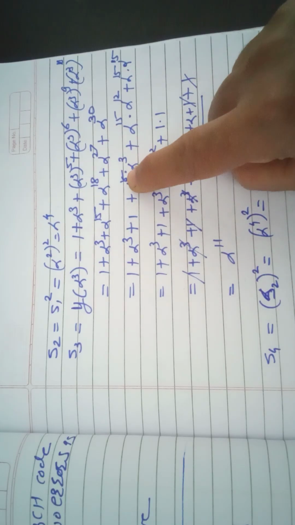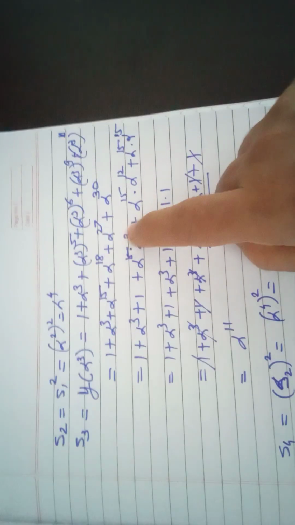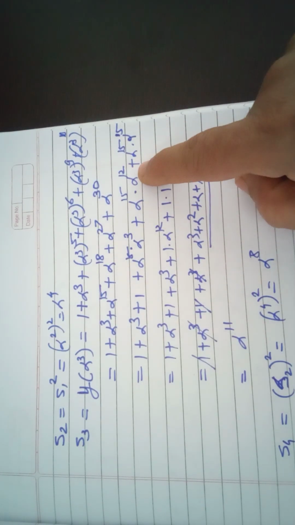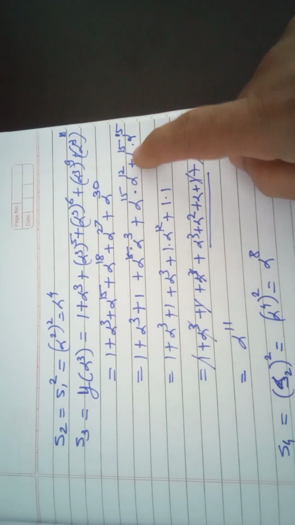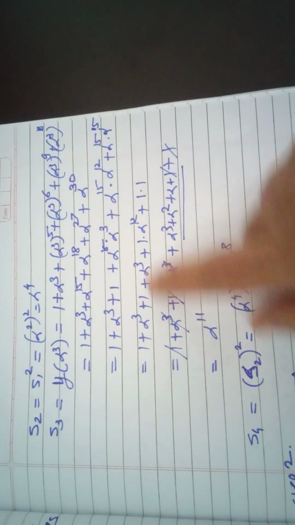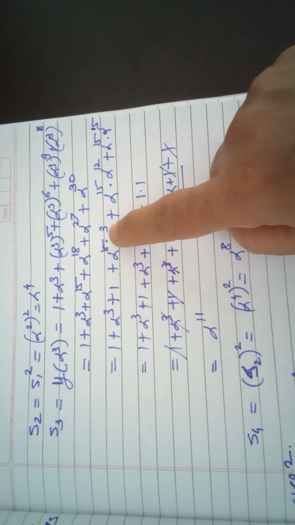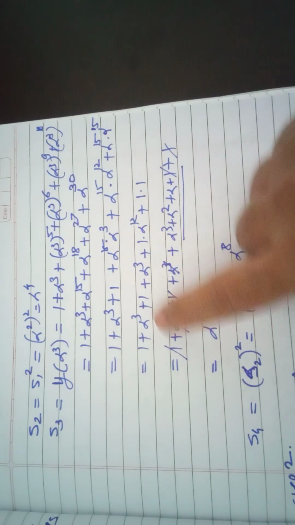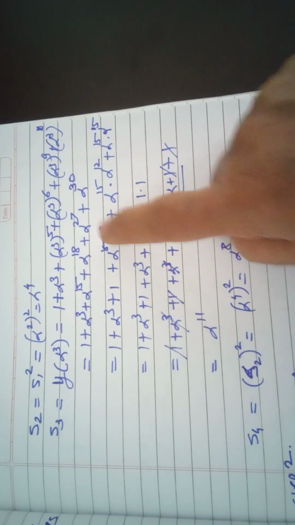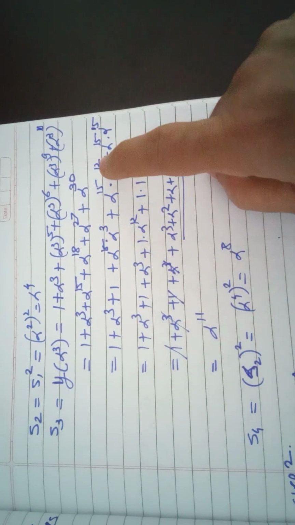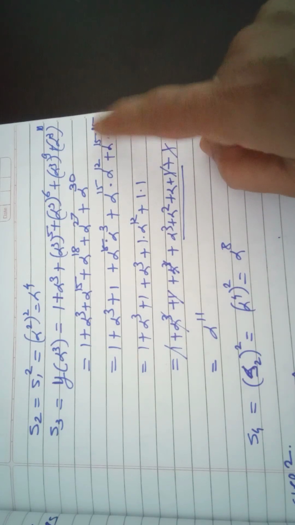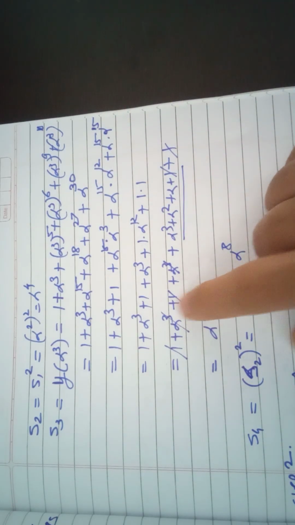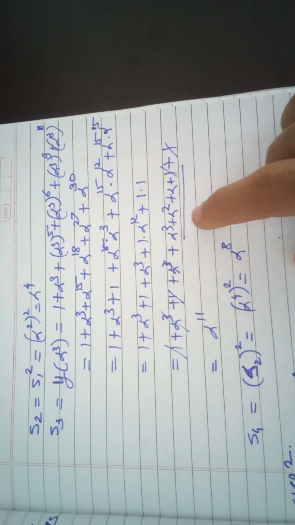Then alpha 18 is alpha 15 into alpha raised to 3. Alpha 27 is alpha 15 into alpha raised to 12. Alpha 30 is alpha 15 into alpha 15. Why are we expressing in terms of alpha 15? Because alpha 15 is equal to 1. So 1 plus alpha cube plus 1 plus 1 into alpha cube plus 1 into alpha raised to 12 plus 1 into 1. So 1 plus alpha cube plus 1 plus alpha cube, alpha 12 is equal to,